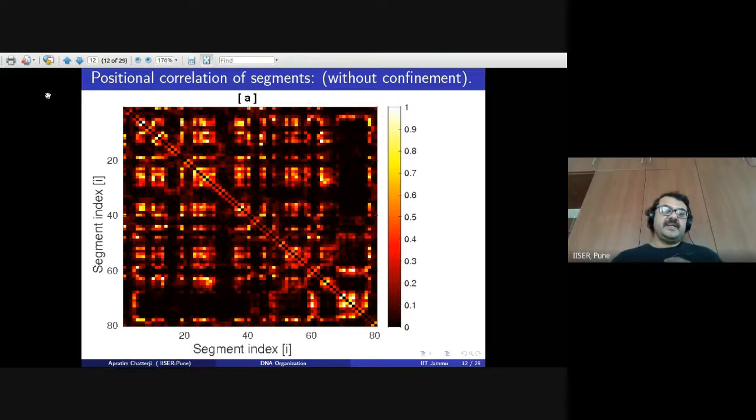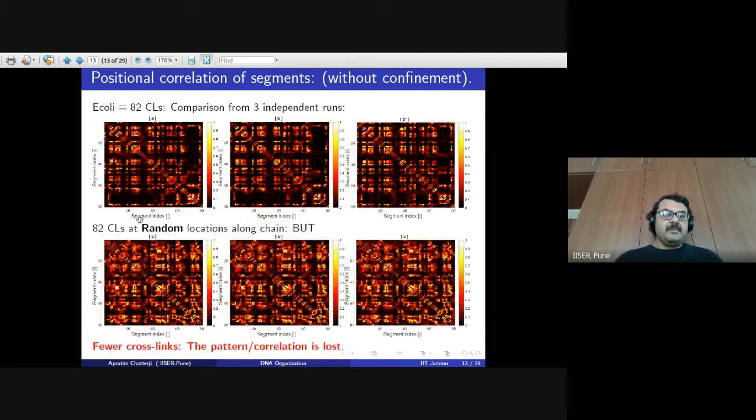And here we again see squarish patterns, blocks of probabilities which are blocked together. Such blocks are formed, and certain segments are preferentially found near certain other segments. So there are strong positional correlations between certain segments of the gene. Okay, so this is data from one run, but in this plot we show data from 3 different runs. We have 9 independent runs, but I'm showing only data for 3 independent runs, starting from very different initial conditions.